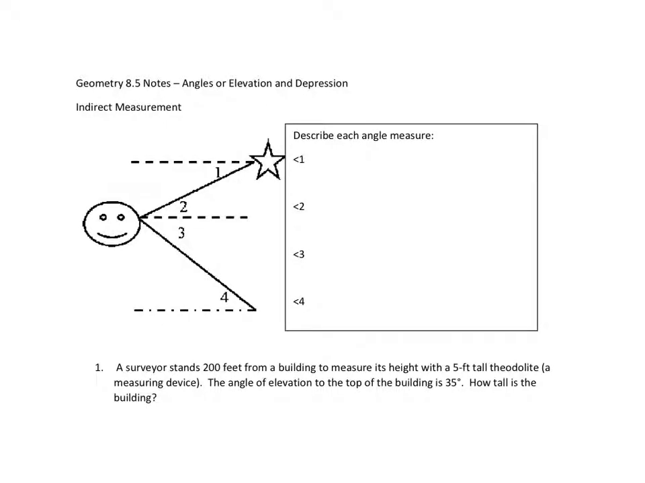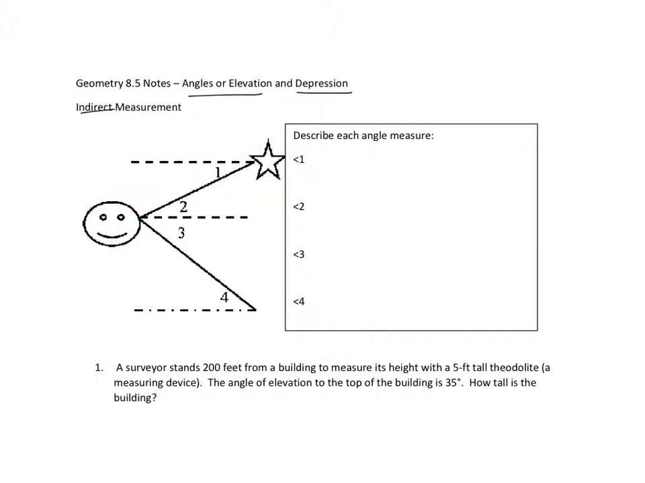Okay, this section is on word problems related to angles of elevation and depression. It's a way to indirectly measure something, so you're not actually getting out a measuring stick or a tape measure and measuring it. So to describe each angle, what you have to look for is these are your parallel lines right here. So the smiley face is looking up at the star, and the star is looking down at the